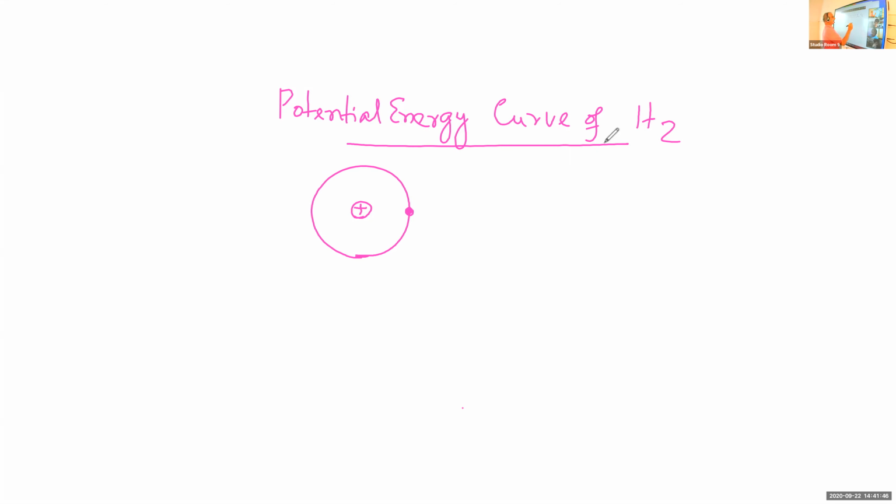Similar is the case of the second hydrogen atom. You call this hydrogen 1. Second hydrogen atom: the nucleus positively charged, and here there is the valence electron, one electron. Let me call it H2, hydrogen 1 and hydrogen 2. That is the structure of the two atoms. When these two atoms are coming closer to form the H2 molecule by sharing of an electron pair,